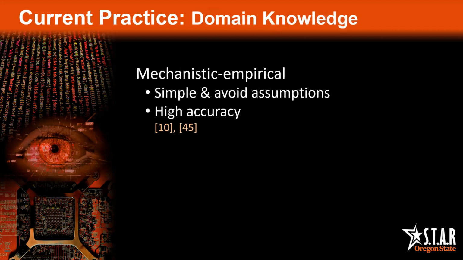Powerful relationship learning capabilities of machine learning algorithms enable black box implementation without considering task-specific features. This isolated approach, however, can fail to capitalize on additional domain knowledge that can improve interpretability or model performance. One approach to integrate domain knowledge uses mechanistic empirical models, combining a domain knowledge-based mechanistic framework with empirical machine learning capabilities. Specifically, these models can simplify implementation and avoid incorrect assumptions in purely mechanistic models, and can offer higher accuracy than purely empirical models by avoiding overfitting.